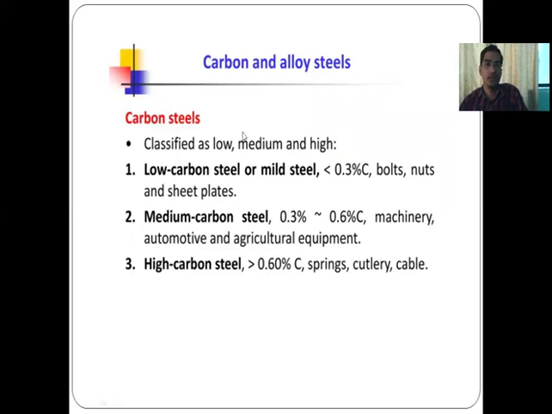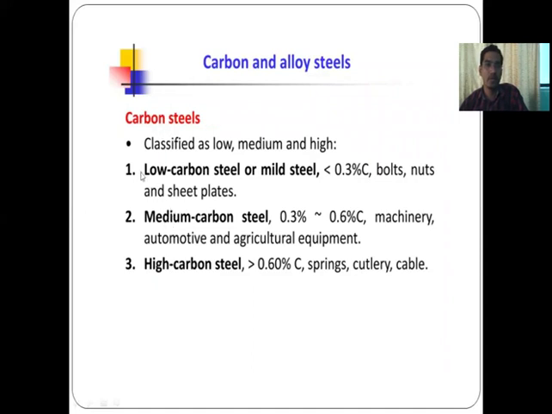Next is the carbon and alloy steel. Here carbon steel is classified as low carbon steel, medium carbon steel, and high carbon steel. If the carbon percentage is less than 0.3% carbon, then such steel is called a low carbon steel, or it is also called mild steel. The application of this low carbon steel is manufacturing of bolts, nuts, and sheet plates. You can observe the nuts and bolts for the joining of the plates, and different sheet plates or